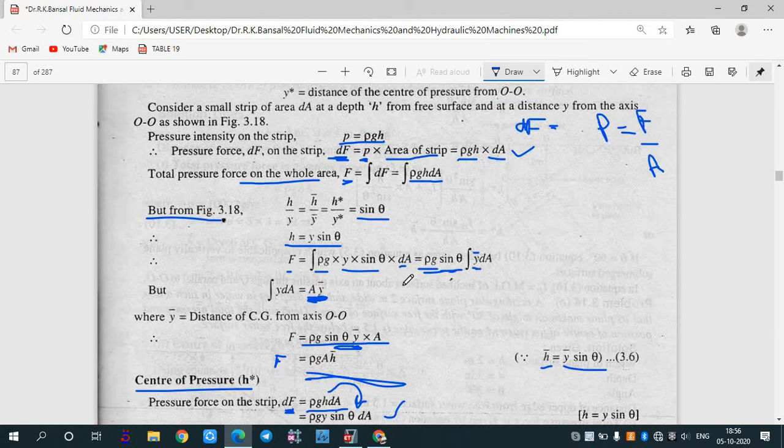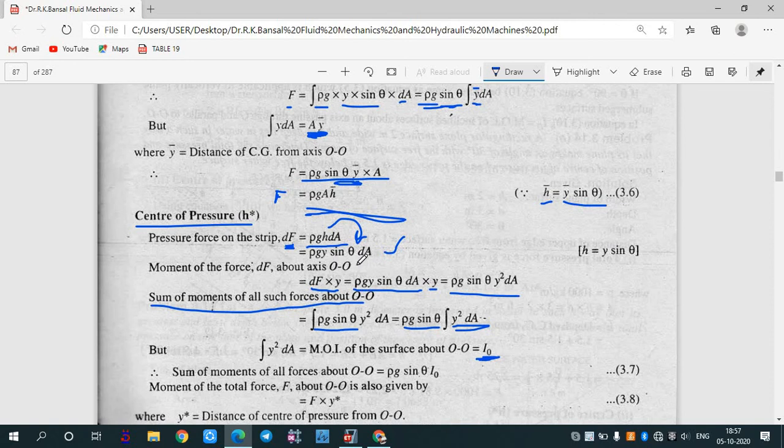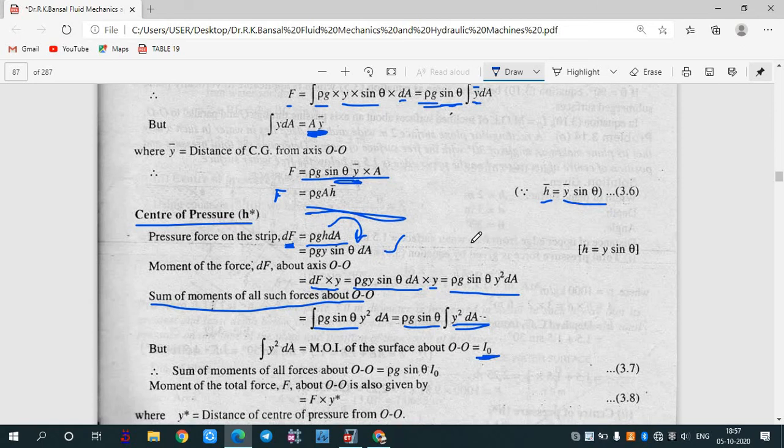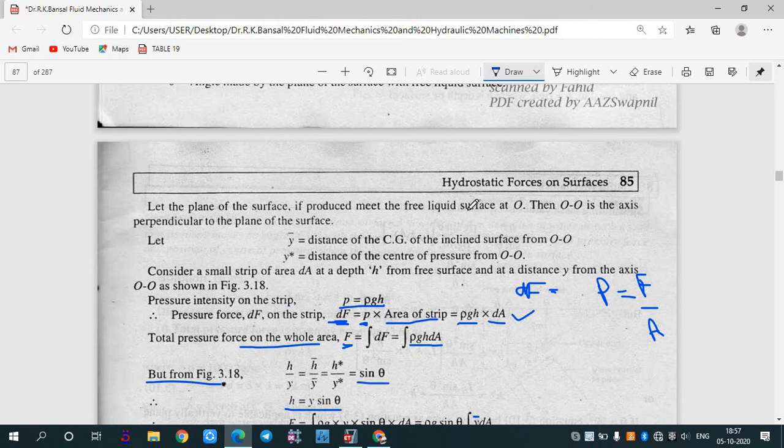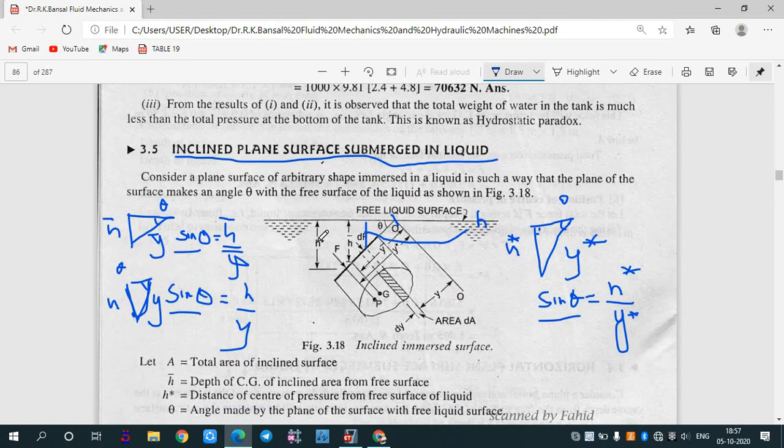Because in this, what we are doing is considering a small strip, then we are integrating it. So ultimately we are considering the whole body itself. And this part, where it is coming, we are directly taking for the whole body. The force which will be acting will create a moment along the O axis. So the perpendicular distance for this force is nothing but your y star.